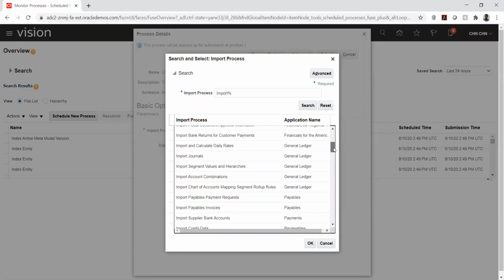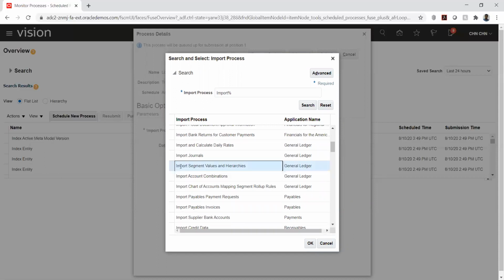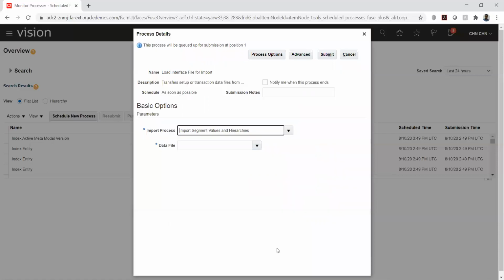Yes. So here we can see that this is the program that will import the transaction from the interface table to the base table: import segment values and hierarchies. And this is UCM, right?